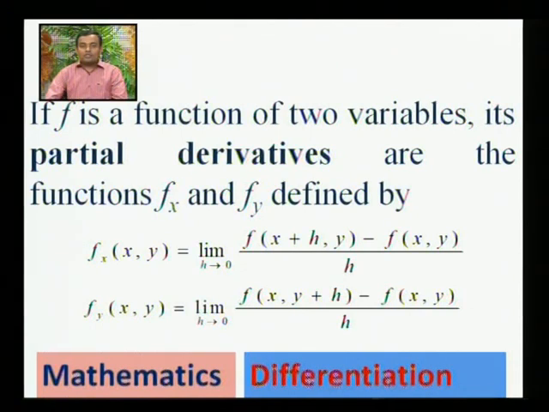What is that? You just see that here the second coordinate is y in the numerator of the right hand side, that is y and y, but there is some change in the first variable: in the first term it is x plus h and in the second term it is x. And we are dividing by the difference, that is x plus h minus x, which is nothing but h. So this limit will give us the rate of change in f with respect to x.